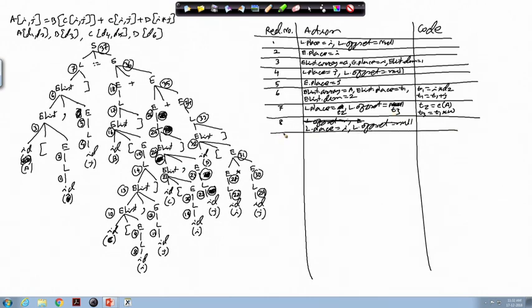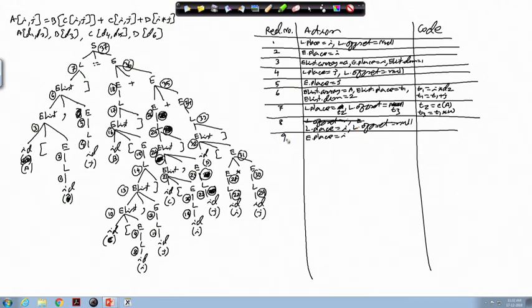At reduction number 9, we will have this E dot place equal to L dot place. So, this E dot place is equal to I. Okay. So, that way it will do up to reduction number 9.